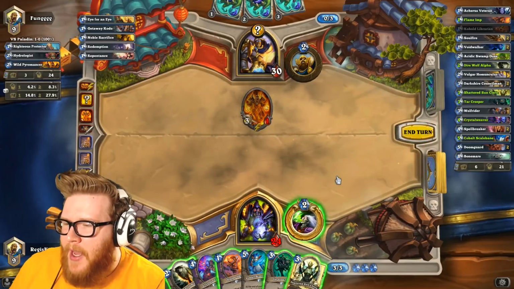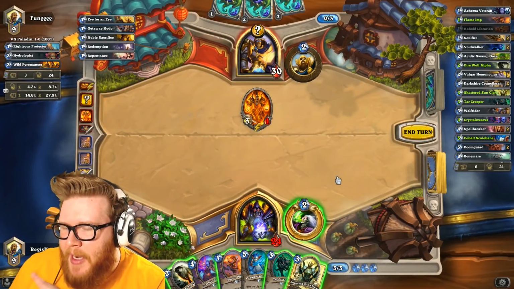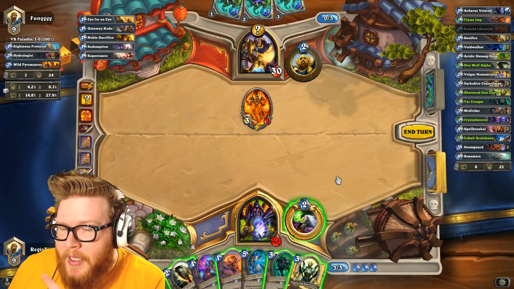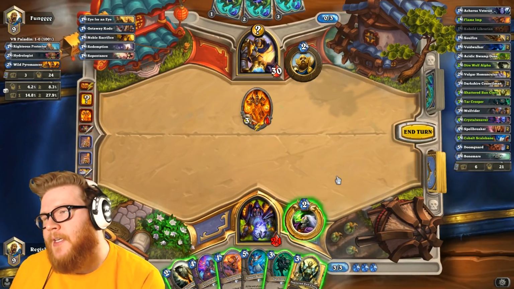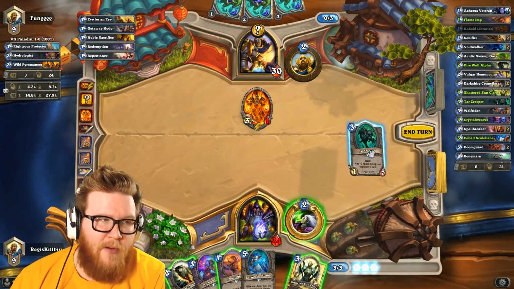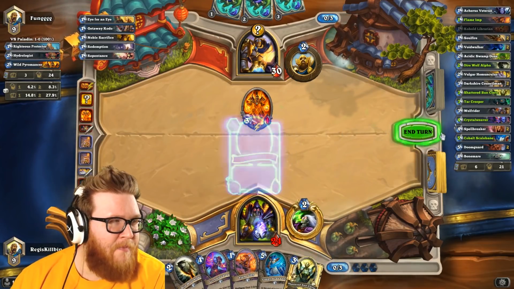A 5-1, a 5-2, and a 5-5. So we would have had 15 damage, but we would have had to push through the Stonehill, so we would have only had 10 damage remaining, and he was at 11 health. So he did actually kill himself, yeah. Again, granted, it didn't actually matter, of course, because we ended up getting the...